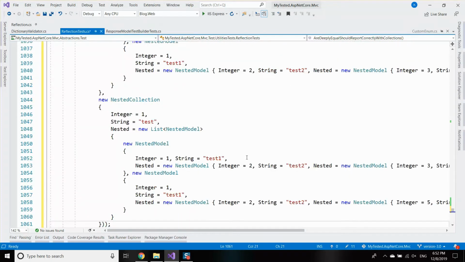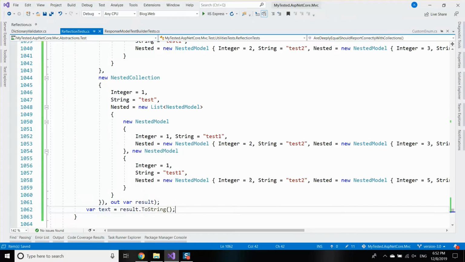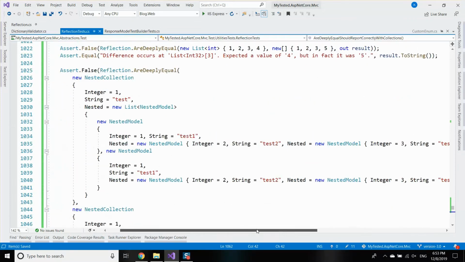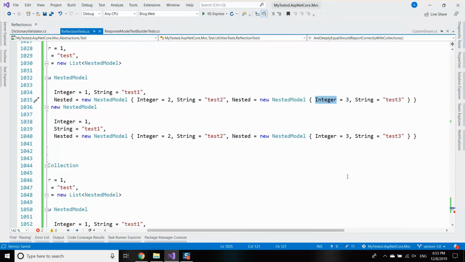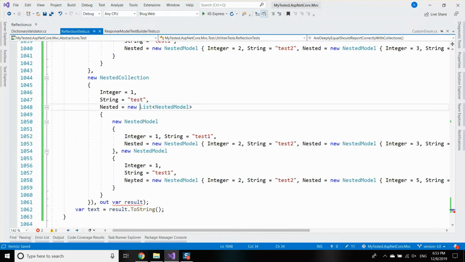I'm going to paste that here. Then I'm going to write that I want out result, var result, and let's see the text. But let's first see where's the difference. Oh, here it is. So essentially we have a nested collection, nested, nested, nested, integer. That's the problem here, and it should be